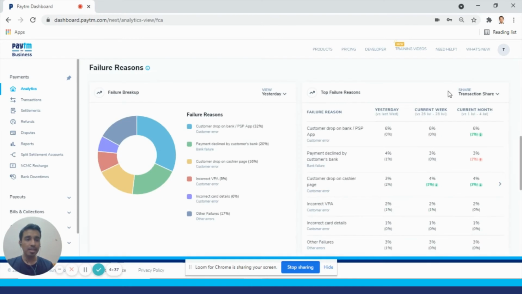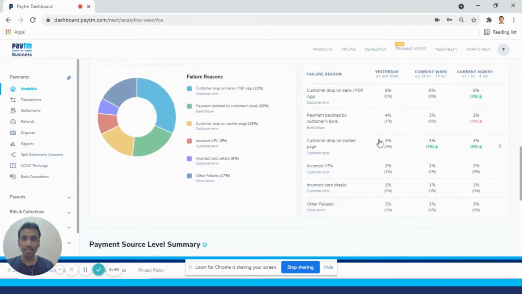The difference here is that transaction share gives you the percentage across all transactions, which includes success transactions as well, which means that 6% of your overall transactions failed yesterday due to customer drop on Bank PSP app, as can be seen from this particular table. If this is clear, we move on to the next point, which is